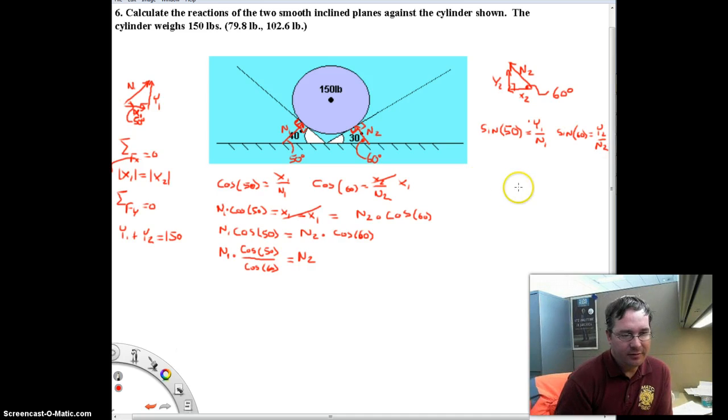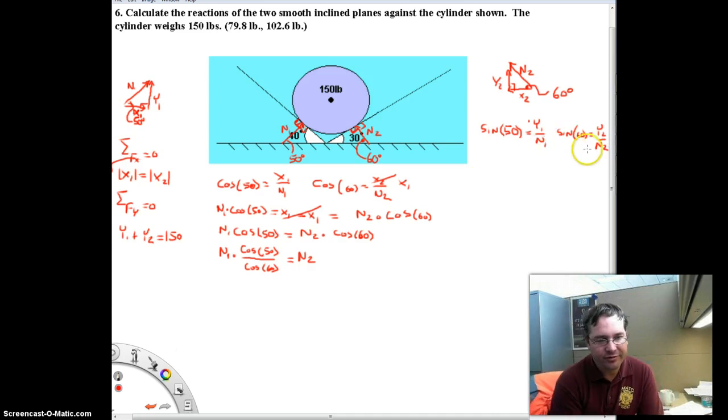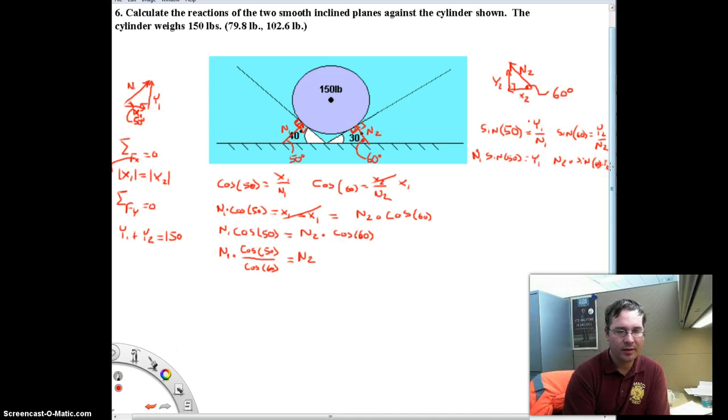But we can take this a little further. If I multiply both of these by the n variable, I get n1 times the sine of 50 equals y1, and I get n2 times the sine of 60 equals y2. But what do we know about y1 and y2? Well, we know they add to 150, so I could rewrite this